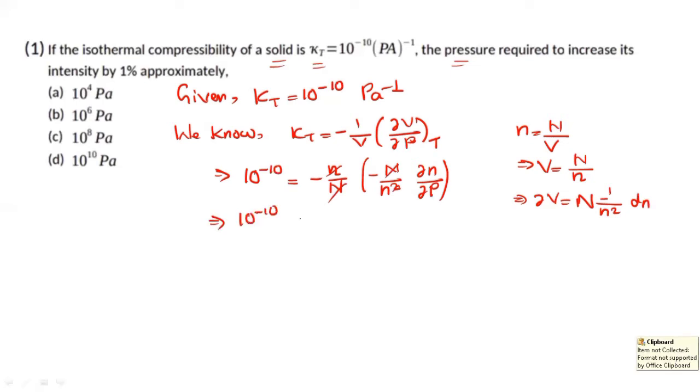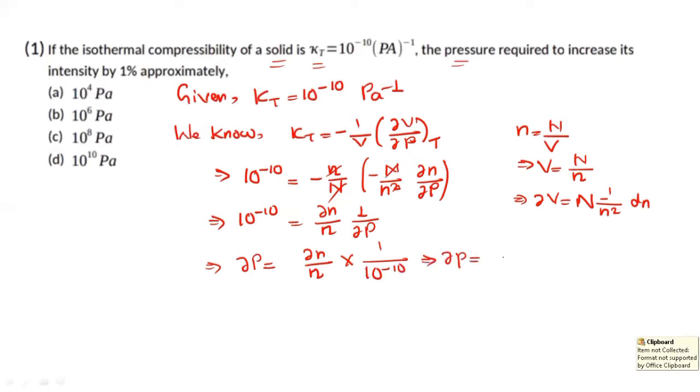10 to the power minus 10 is equal to minus, a minus will be plus, and what is left here we can write as delta n by n, multiplied by 1 by del P. So from here what we will get? That delta P, which is the pressure, is equal to delta n by n, bringing this del P to the left hand side and taking this 10 to the power minus 10 to the right hand side, multiplied by 1 by 10 to the power minus 10. So finally you can write delta P is equal to